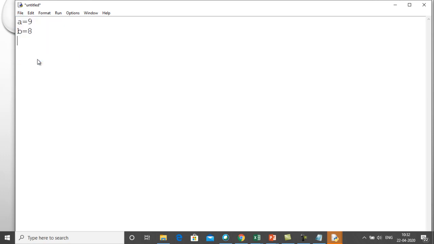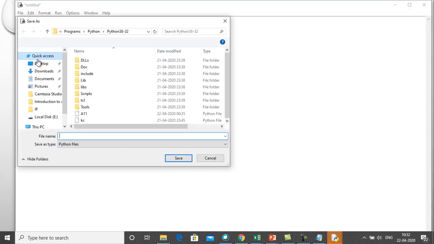When I save it, it will ask me for the name of the file. Suppose I give the name EK. You can see that over here it is written Python 38-32. So this is basically the Python storage folder. First I will save it.